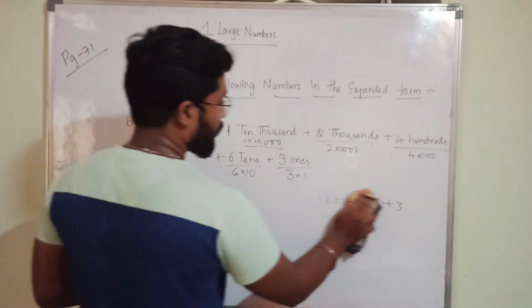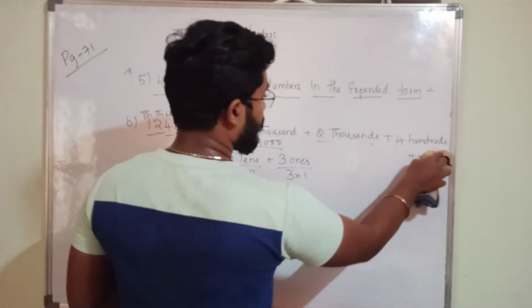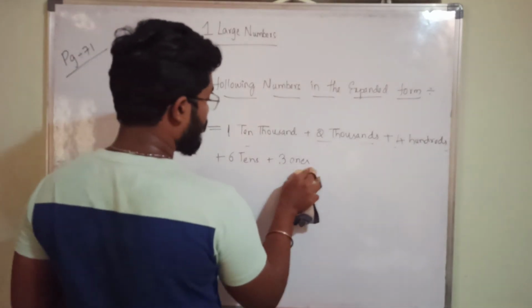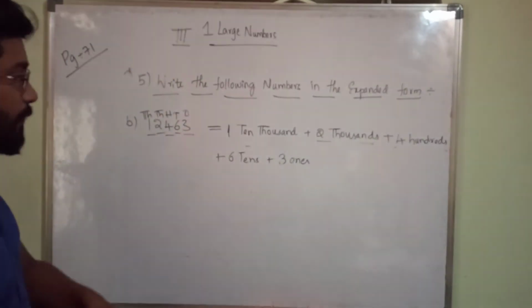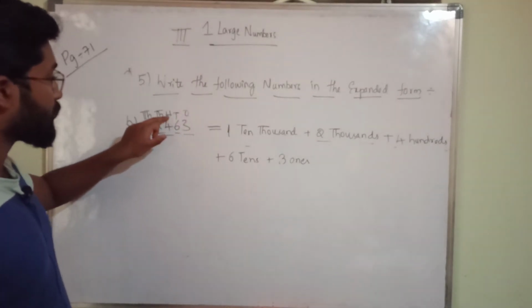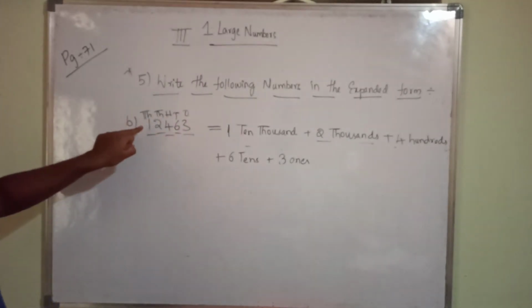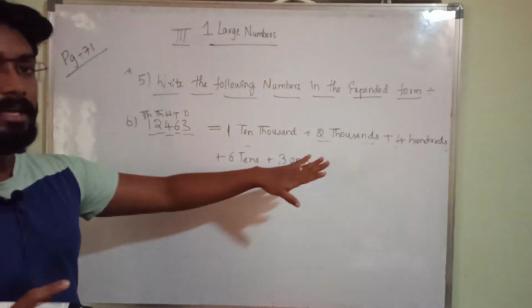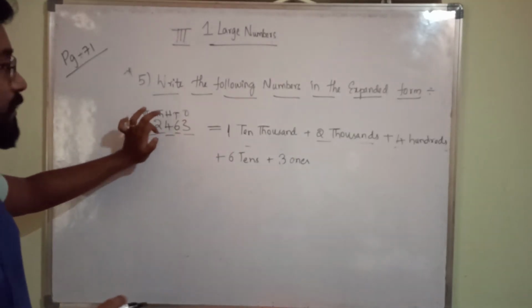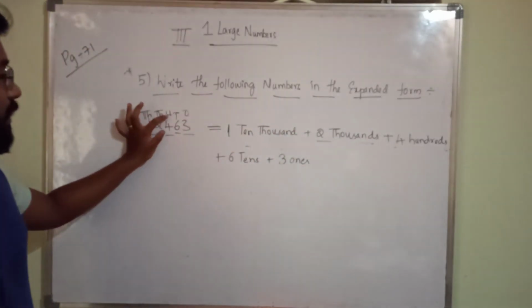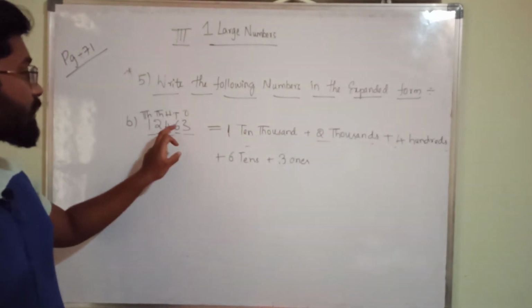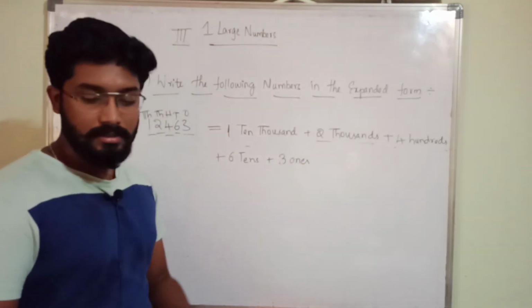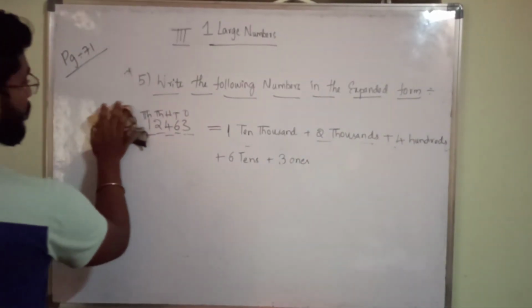This is the answer, means expanded form. Just simply what I am saying, divide them into the respective places. Ones place, tens place, 100 place, 1,000, 10,000. So take the digit. Here in 10,000's place, 1 is there. So 1 into 10,000 like that. Here 2 is there. 2 in which place? Thousands place. 4 in which place? Hundreds place, 4 hundreds. Plus 6 is in which place? Tens place, 6 tens. Plus 3 is in which place? Ones place, 3 ones. That is very easy to do. Okay. This is your B.